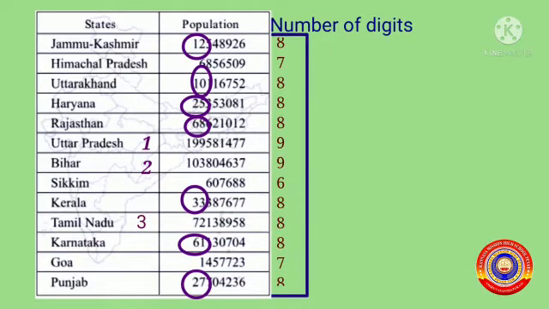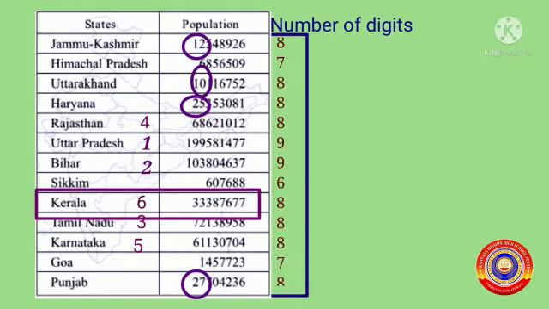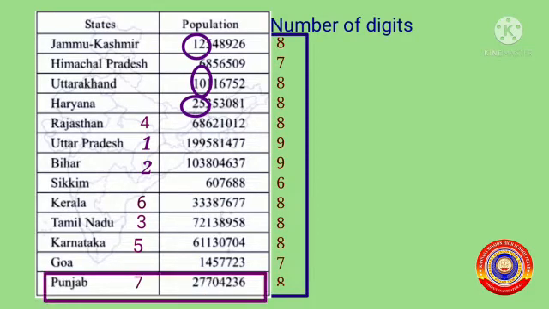The next largest is Rajasthan, and it is in the fourth place. It has a population of 6 crore 86 lakh 21,012. Next, in the fifth place, it is Karnataka with a population of 6 crore 11 lakh 30,704. In the sixth place, it is Kerala with a population of 3 crore 33 lakh 87,677. Then, in the seventh place, it is Punjab with a population of 2 crore 77 lakh